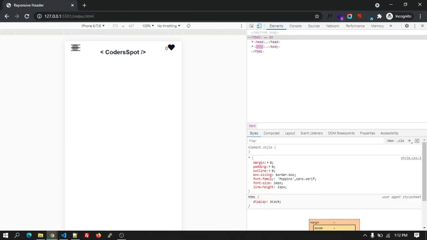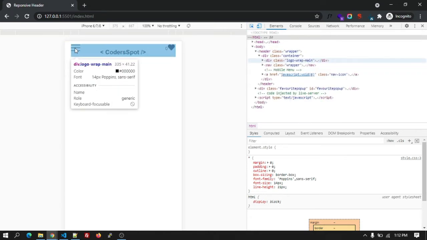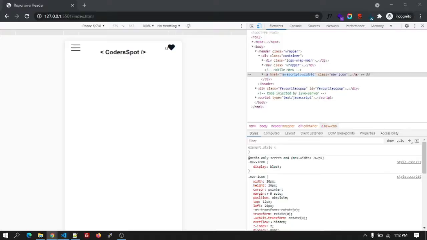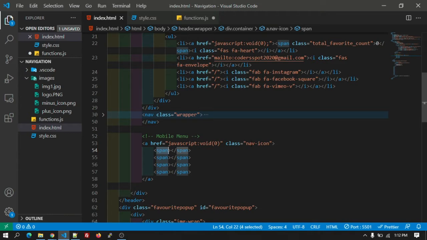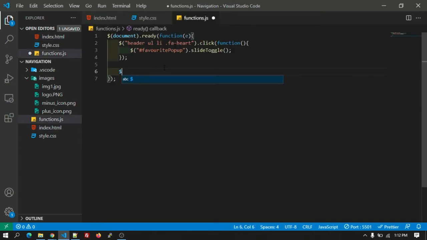So after clicking on it, it will change to the cross icon. Okay, for that we need to write some JS. Go to the function.js and write. So on click on the nav icon, on clicking on this nav icon, we need to add some class for showing the cross icon. So let's add the jQuery for that.